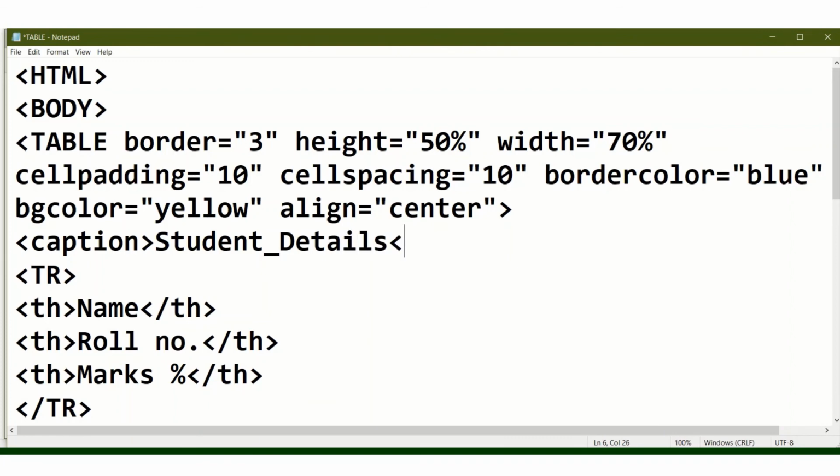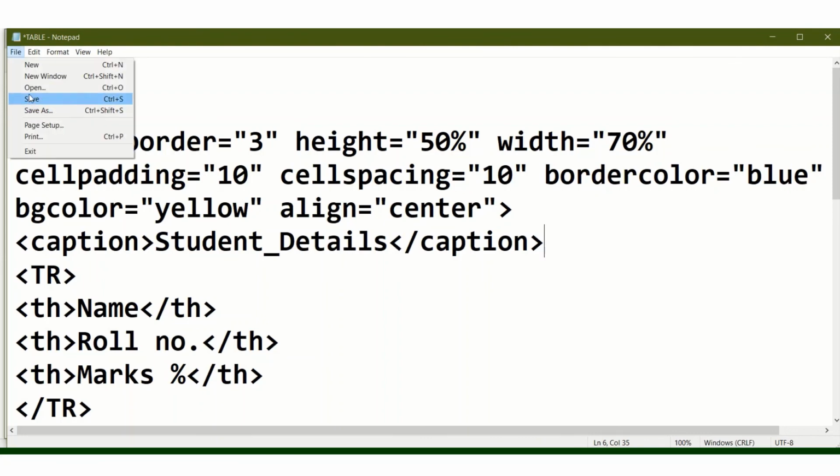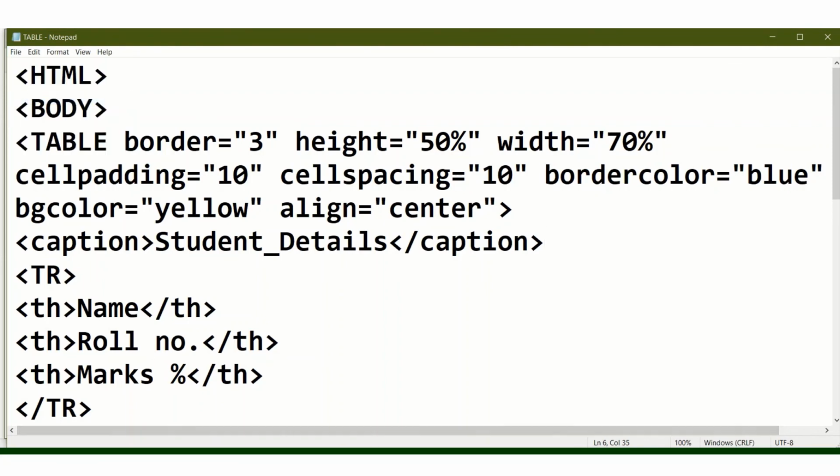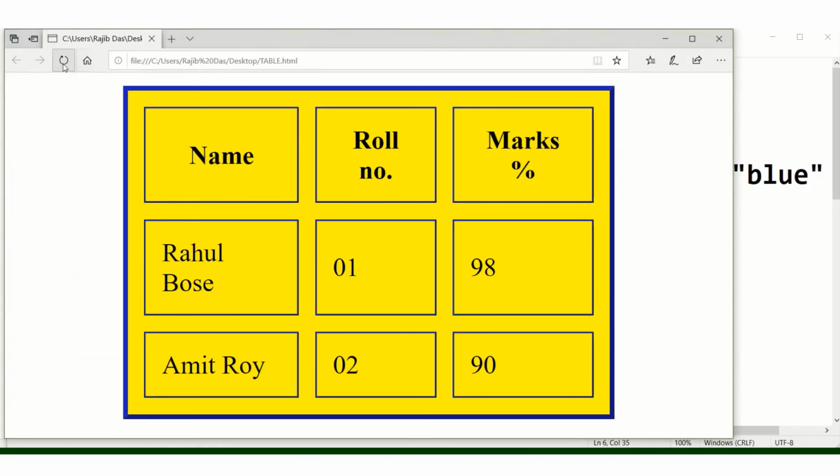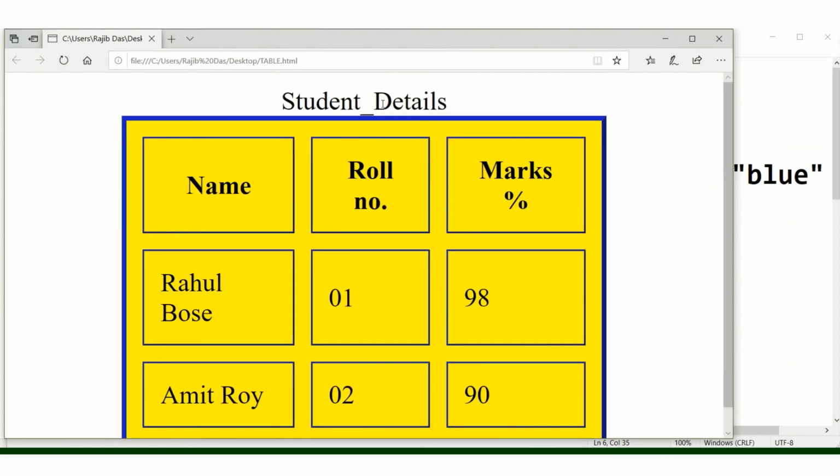So I am writing the table name. And then caption is a container element, so we have to close the caption tag. Save and refresh. This is the student details.